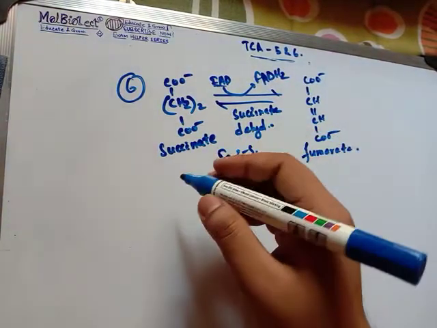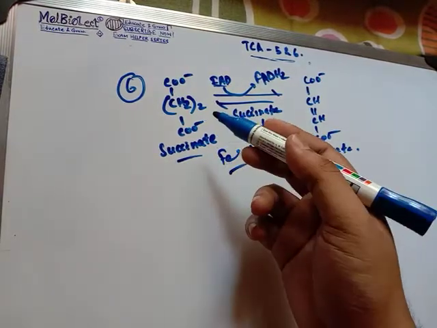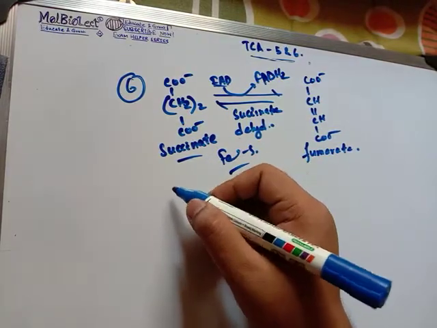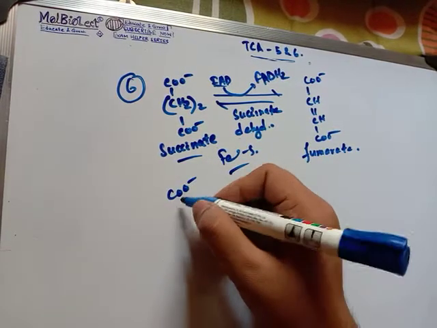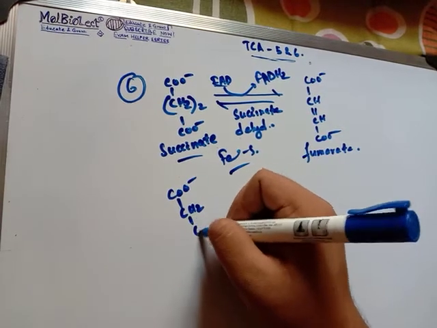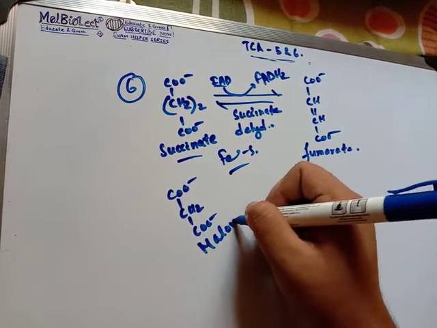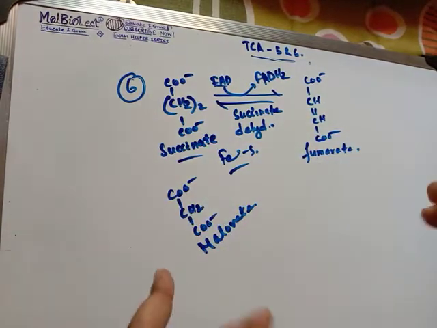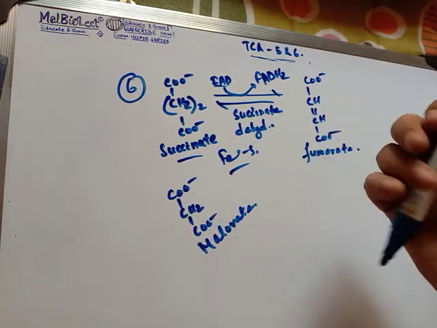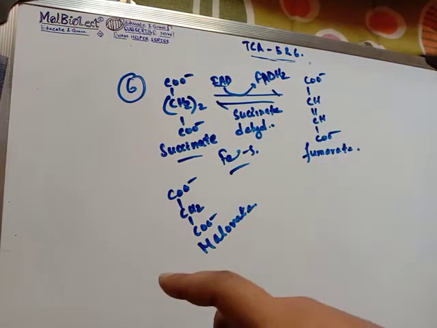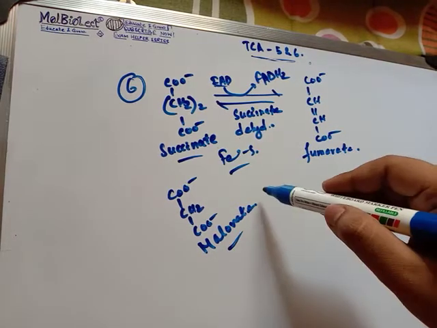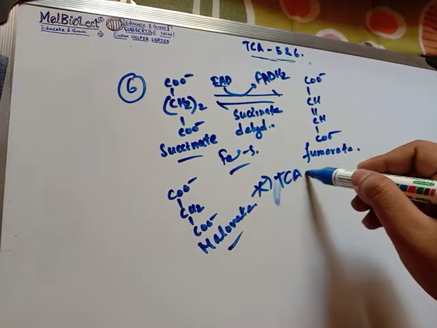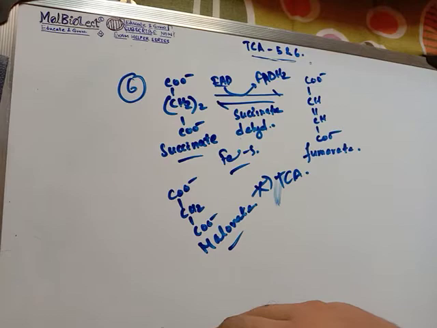Also, just for your information, succinate also has a little sister, which is evil in nature, and the name is malonate. So the malonate structure is like this: CO minus, one CH2, and then a CO minus. So this is malonate, and this malonate is basically a blocker for the TCA cycle. Whenever you are applying more and more malonate in a cell, you are basically attacking and blocking the TCA cycle for that particular organism. Okay, so malonate is basically a blocker for the TCA cycle. So this was step 5 and step 6 of the TCA cycle reaction.